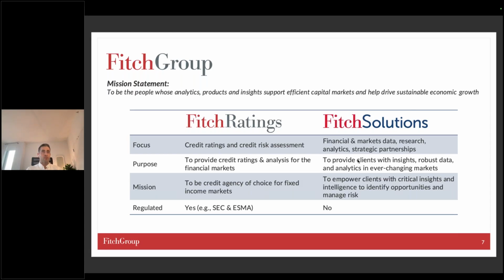Both Fitch Ratings and Fitch Solutions provide financial insight. Fitch Ratings specializes in credit ratings and credit risk assessment. It works in regulated environments. Fitch Solutions does not work in a regulated environment, and they offer many additional products or reports relative to Fitch Ratings and many additional types.